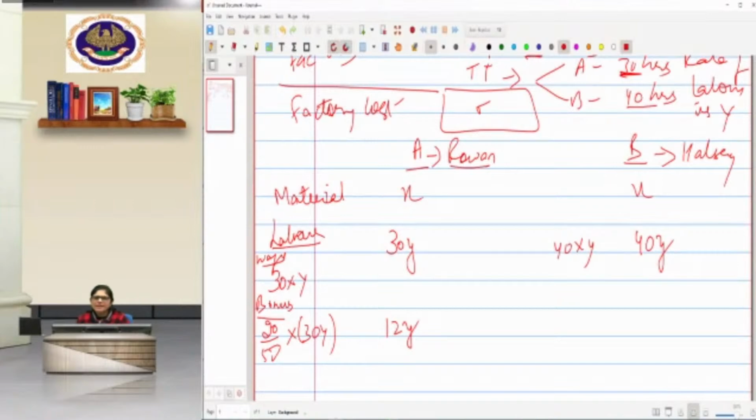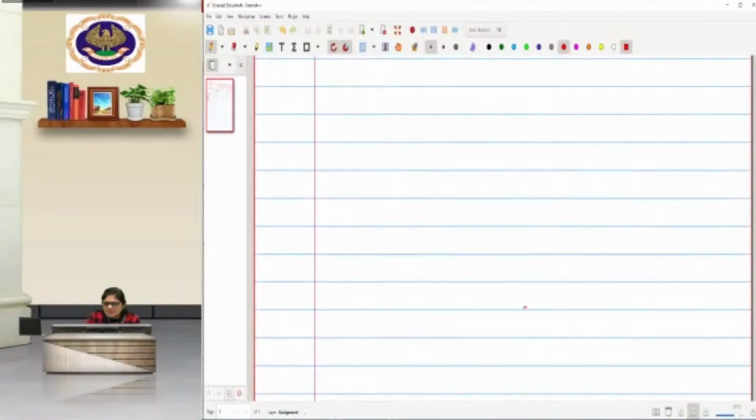So we don't know the rate per hour as of now. We have assumed it as Y. The material cost we have assumed as X for both the workers because they are using the same material. All right. Now bonus for B. How we are going to calculate the bonus for B? That has to be from the Halsey plan. Halsey plan says